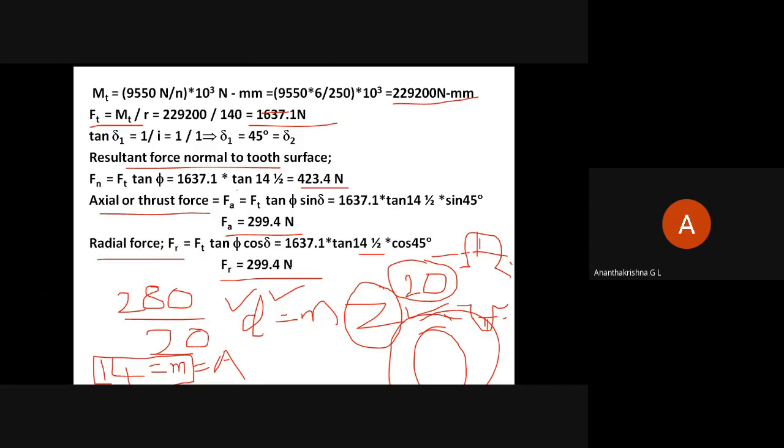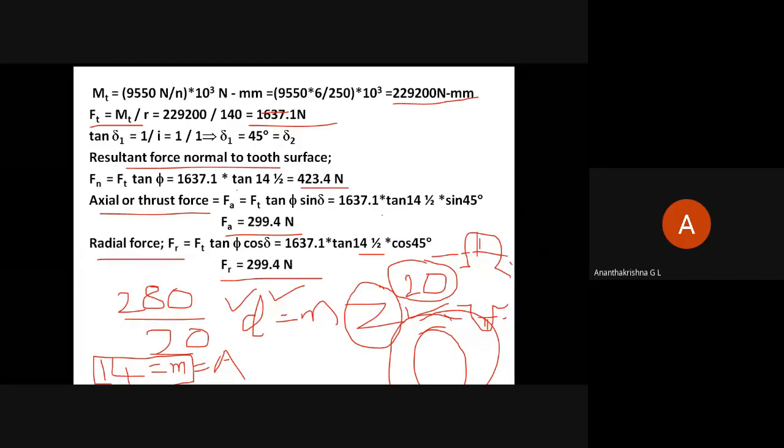Those who have got the data handbook, are you there? Yes, sir. So proportions of bevel gear are not given, so we take it as equal to addendum only. Anyway, what is the answer that you are going to get for outside diameter? It is 280 plus 14 plus 14, correct? Yes, sir. Yeah, that is the outside diameter of the gear.